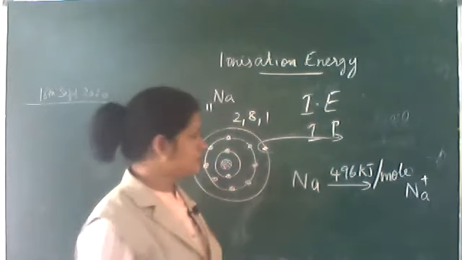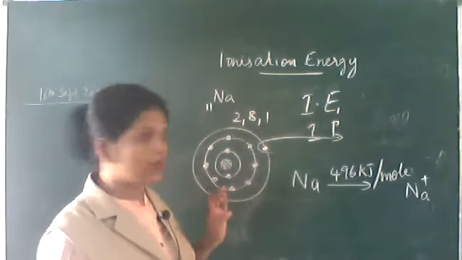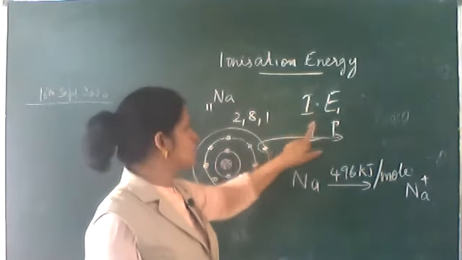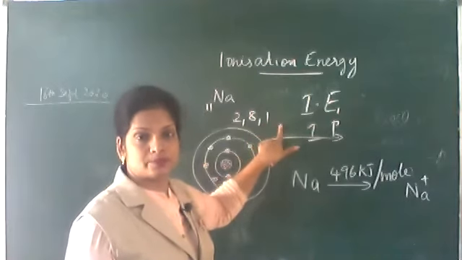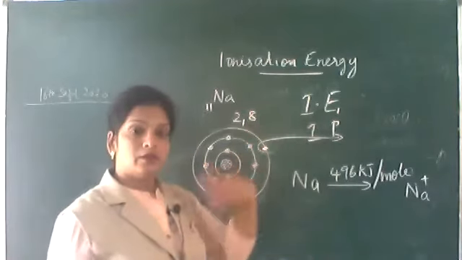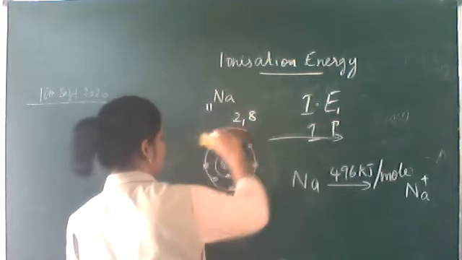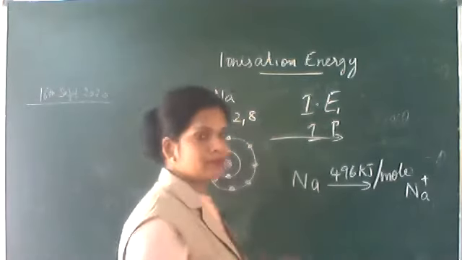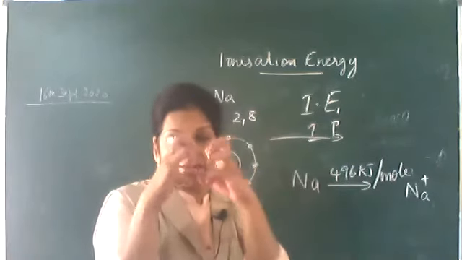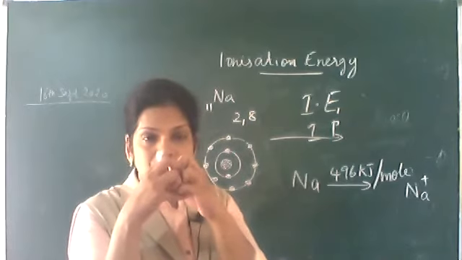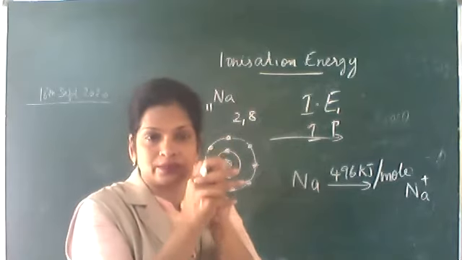So this amount of energy is called ionization enthalpy. This is the first ionization enthalpy, IE1 or IP1, because that much amount of energy is required to remove the first electron, that is the most loosely bound electron. Now that electron is gone. Now what happened? 11 protons are effectively attracting 10 electrons. So these 10 electrons are again closer towards the nucleus.